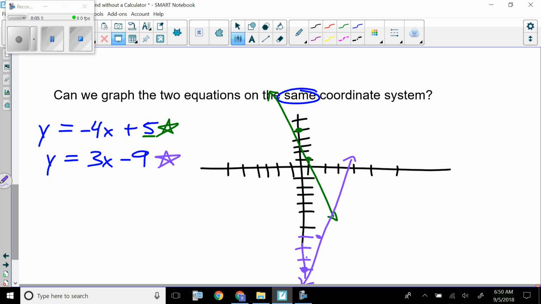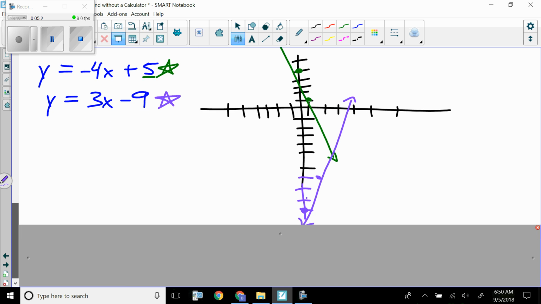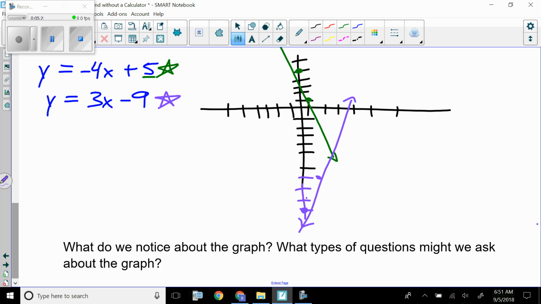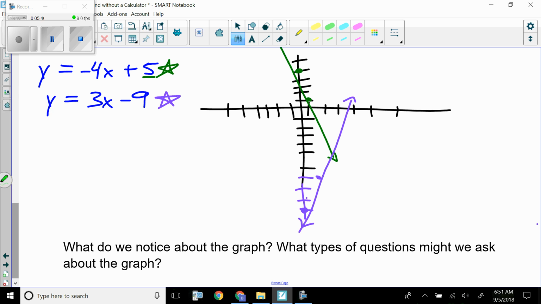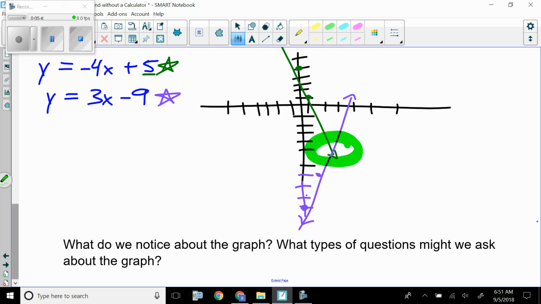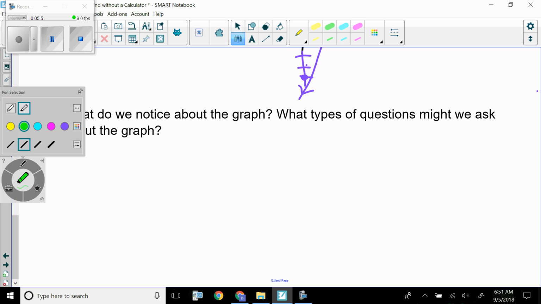Well, there I have it. Both of the equations graphed on the same coordinate system. When I look at it, what do I see right away? Well, the first thing that really jumps out to me is that it looks like they intersect right here. They intersect. Well, it says, what type of questions might we ask about the graph, things like,